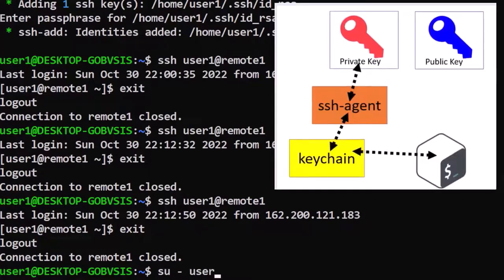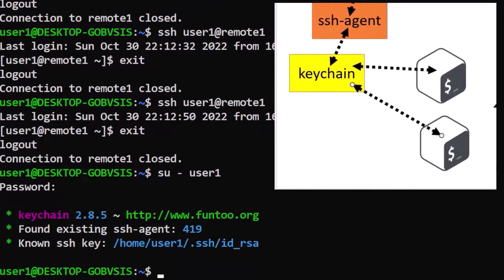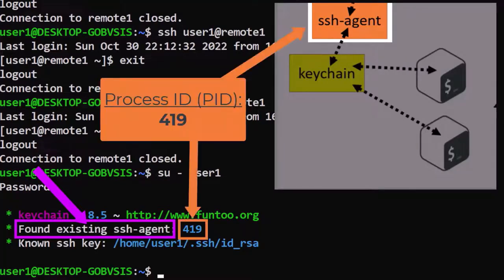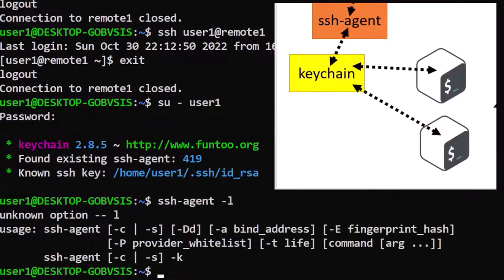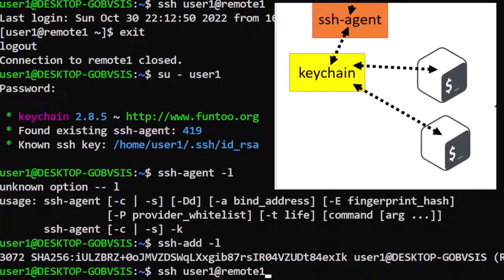Now, if we launch another login shell, Keychain will see an agent process already running and will reuse that same agent process, including the key already loaded. And I can immediately use SSH.